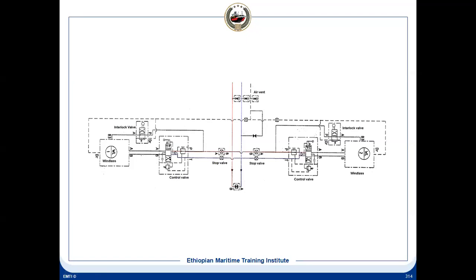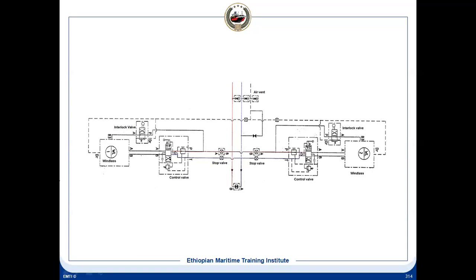And if the pressure is increasing, then at the set pressure it will open and allow the pressure to release to the return line. So this pressure will come to this side, and this will go to the return line. This dotted line, what is that? It is the drain line, which indicates it's going back to the reservoir. Now this valve we do operate. This has 3 positions, a 4-port valve, and in the center position all are blocked. So in the center position, the windlass motor will be locked in position, or the moving winch will be locked in position.